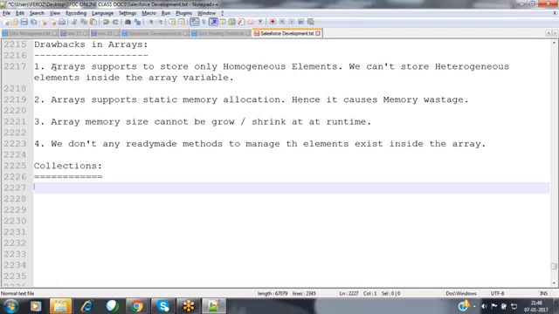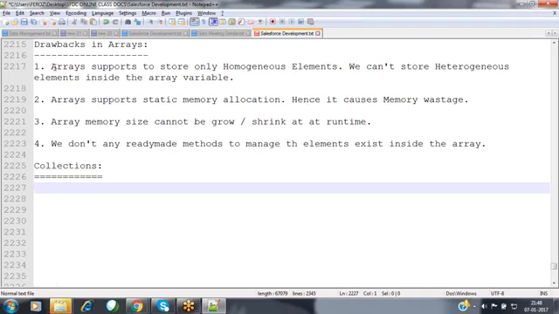And that too, collections purely support dynamic memory allocation. No need to specify any size initially. Depending upon the number of elements you keep adding at runtime, it will keep extending the memory automatically. Depending upon the number of elements you remove from the collection at runtime, the memory will decrease. Nothing but the collection size will keep increasing automatically based on the number of elements that you have added at runtime.